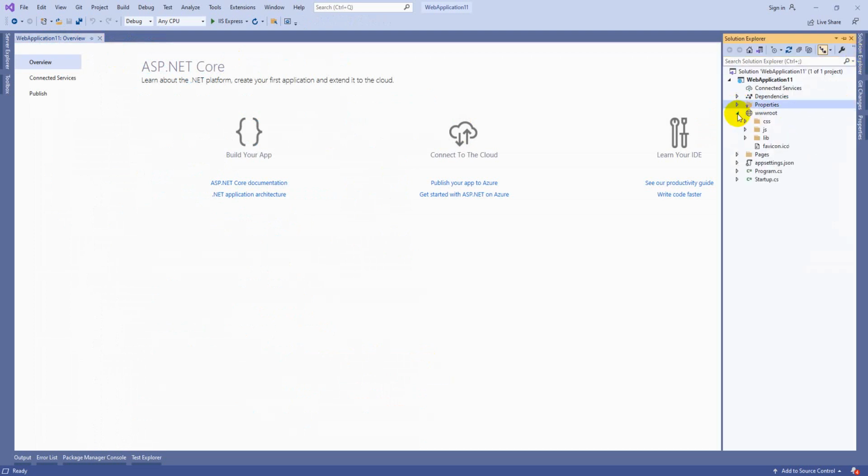After that, if you see wwwroot, here you only keep the libraries, the predefined libraries, or CSS files, JavaScript files. The previous vendor library files, if you have anything, we are going to keep under wwwroot. The common CSS and common JavaScript files we are going to keep under this folder, wwwroot.